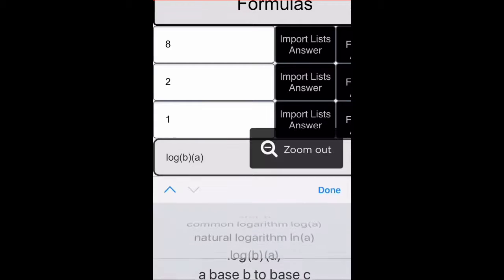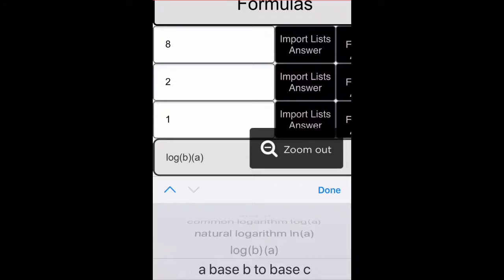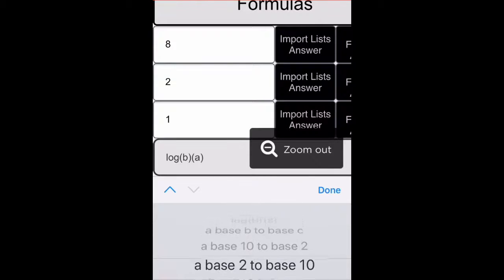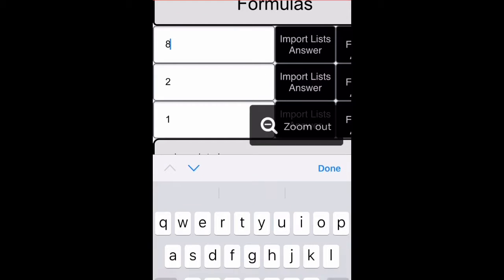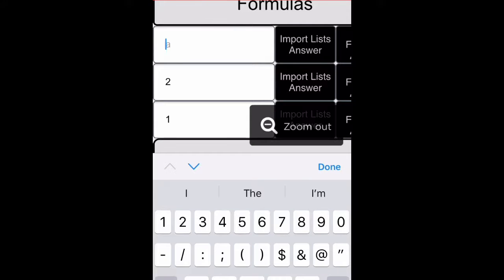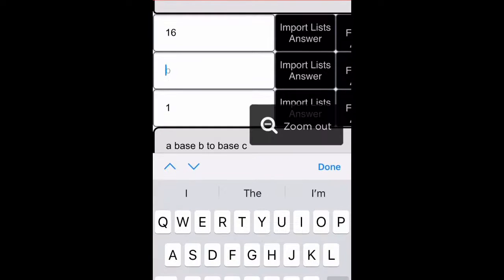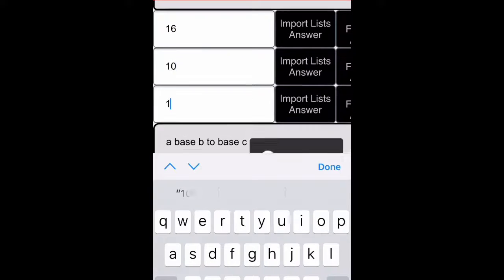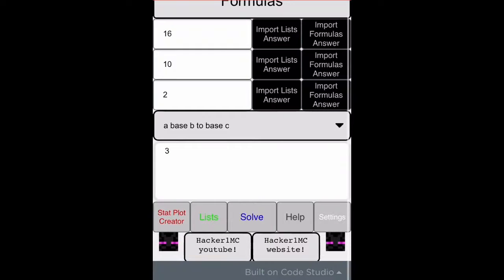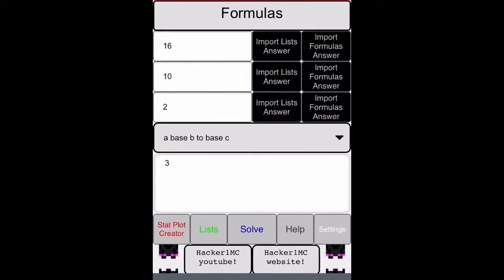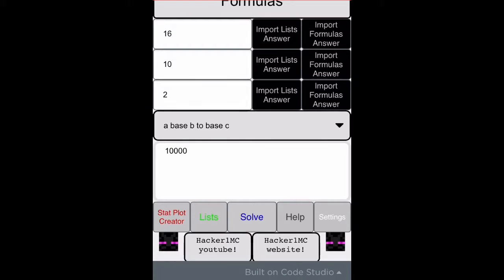One of the things I worked hardest on recently was being able to switch between different bases. You can have a number input like 16, which is in base 10, because that's how we count with 10 fingers, but you could put it into base 2 using only ones and zeros, how computers talk. And of course that would give you